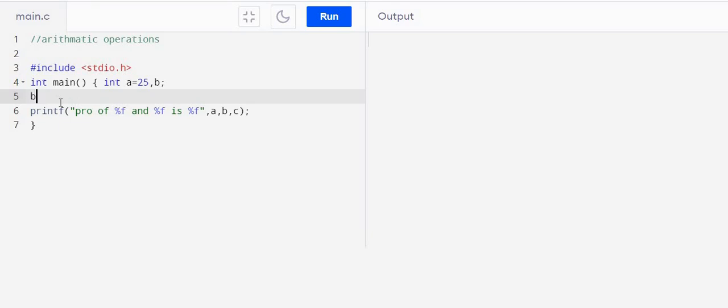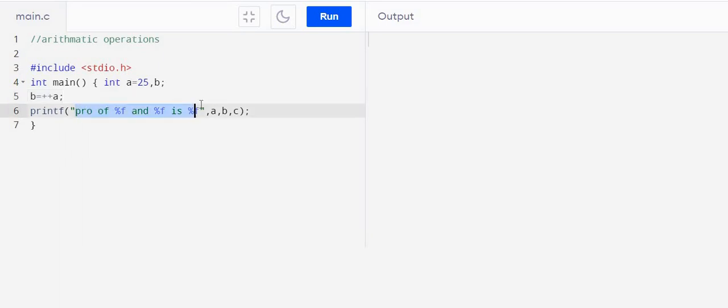So let us say B is equal to plus plus A. Now this plus plus you can give before A as well as after A. If it is given before A, then see what happens.